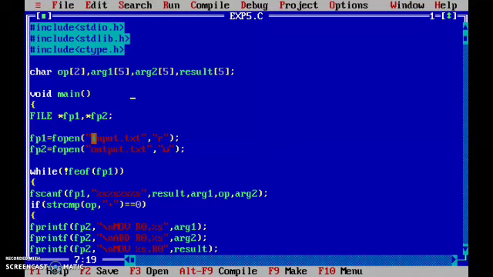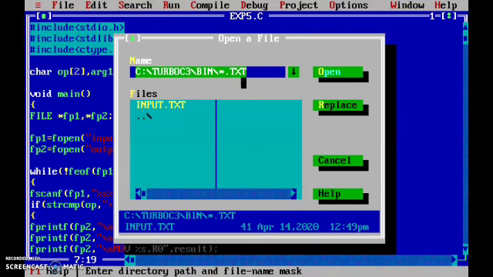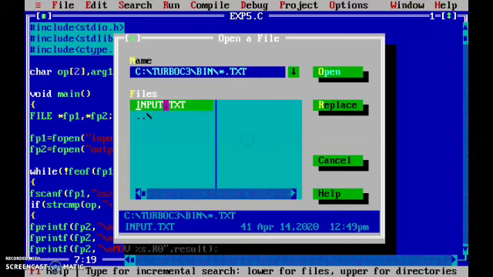As you can see, the input for this program is a file, that is input.txt. In this file we have to store the intermediate code. Let us see what is the content of this file. We'll open that input.txt. Here you can clearly observe there is only one file with the extension .txt, that is input.txt.